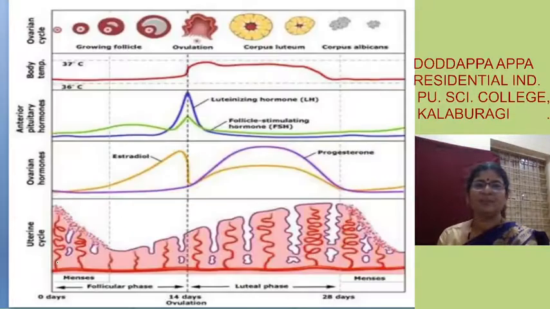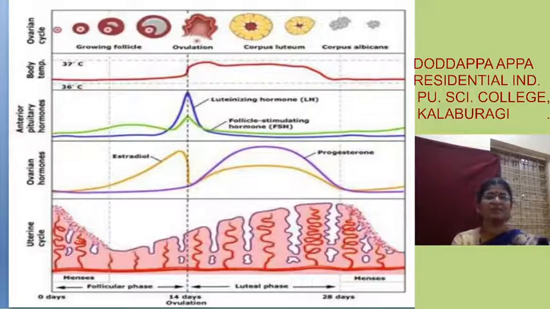Fine. Now let me go to the next slide. Here the changes in the hormonal level, the structure of the follicle, and the endometrium thickness have been shown. So it is the overall reproductive cycle. And here you will see growth of the follicle: primary follicle, secondary follicle, Graafian follicle, then the ovulation, corpus luteum formation, corpus albicans, corpus